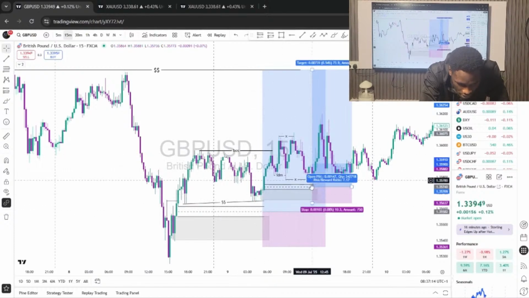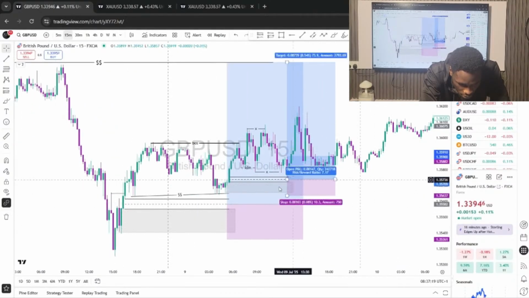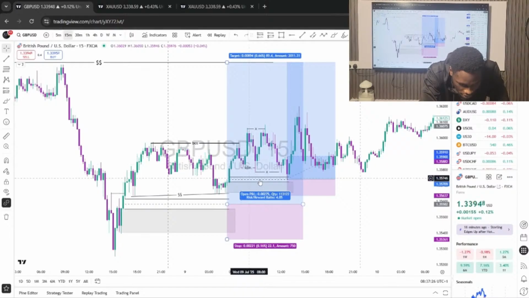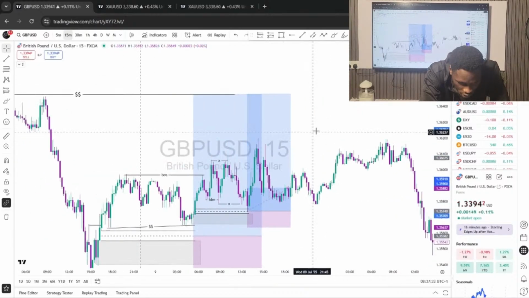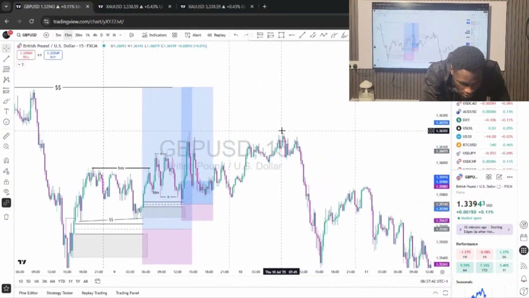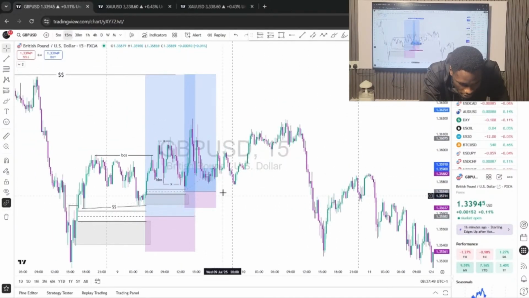And at 12 in the afternoon, close to the New York session, price gave us another opportunity by providing this other block here after breaking this structure to the upside. It gave us another block and a fair value gap here. We had a very clean tap into that zone, and the price continued to move up, giving us some highs still being formed on Wednesday. I think the New York session formed this high, and on Thursday the London session formed this high also, and the New York session took out this high. That's where we were stopped out of this trade